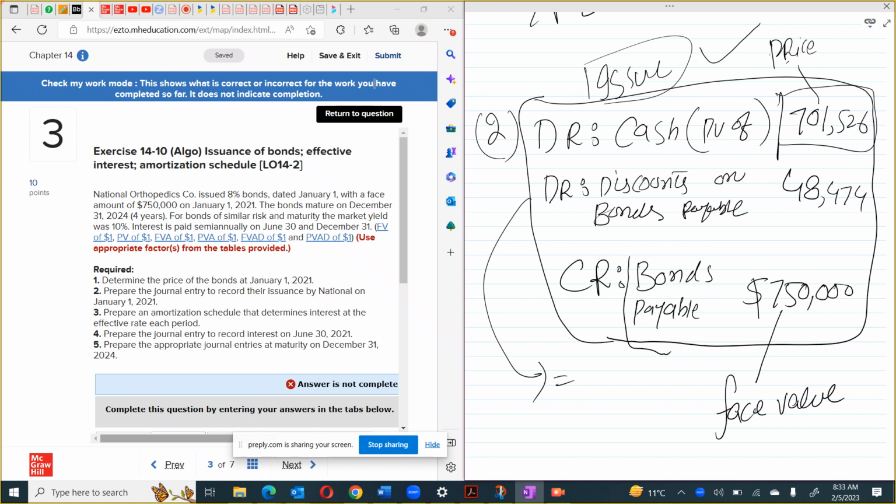35953 minus 42,000, it will be 6047. So 6047 minus 719067. This is 713020, and 713020 minus 6047. This will be equal to